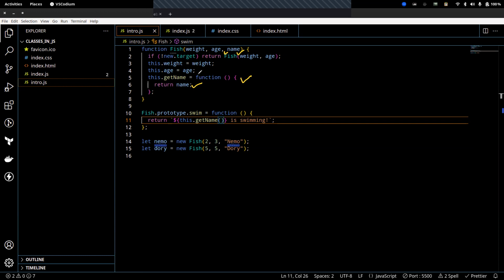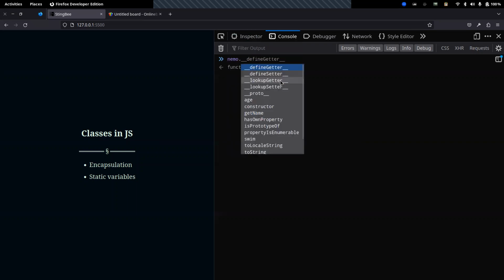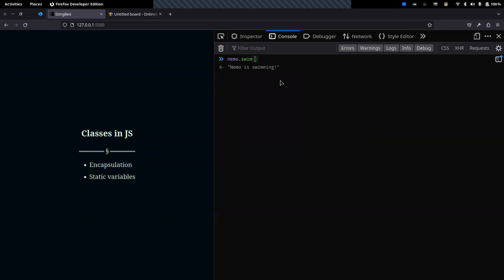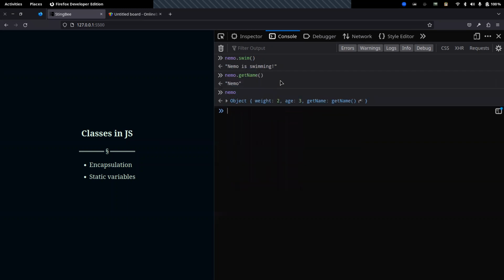So let's see if it works or not. Let's try to run it. If we go to the browser, put it aside, and now call Nemo dot swim, it works fine. And if we call Nemo dot get name, then we get the name Nemo as well. But if we print Nemo,